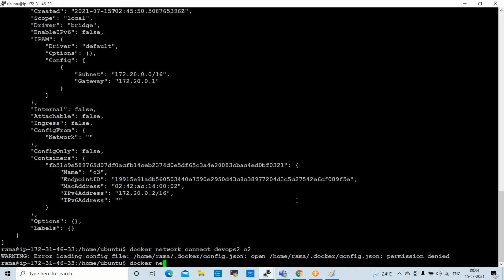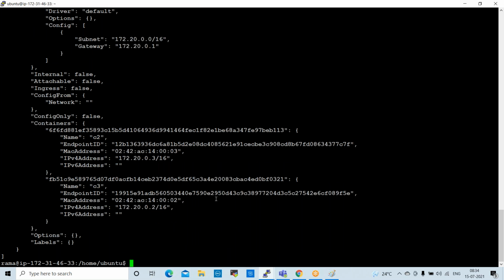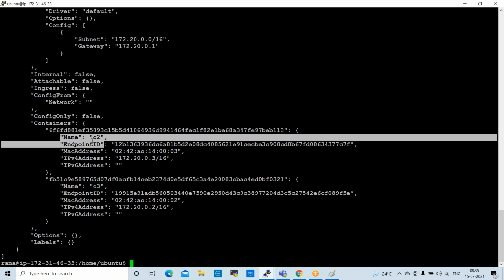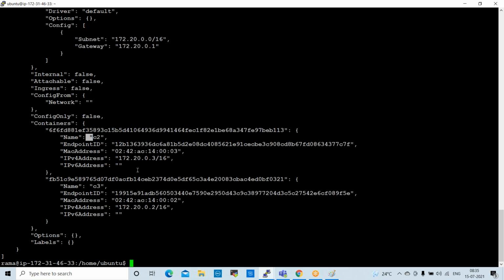Docker network inspect DevOps 2. Yeah, see here. In DevOps 2, we have 2 containers. So C2 is also attached to DevOps 2. But here, what happened? The IP address changed. C2 is having 2 different IP addresses, right?